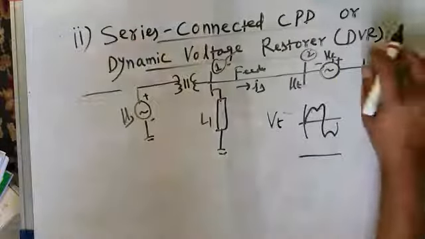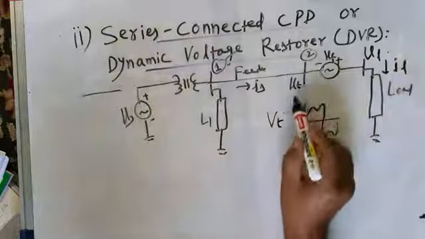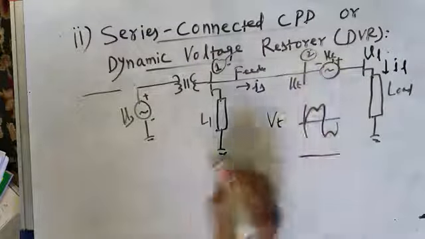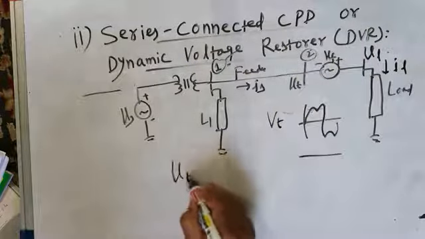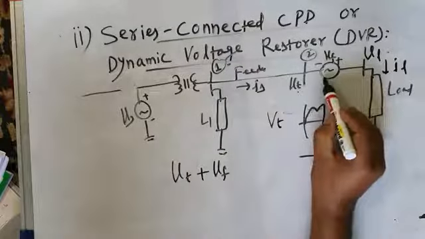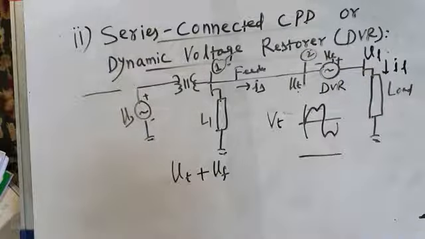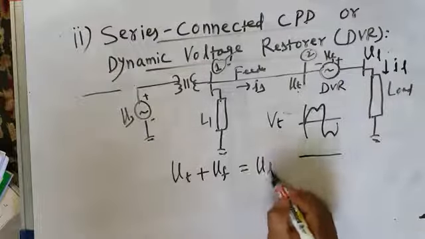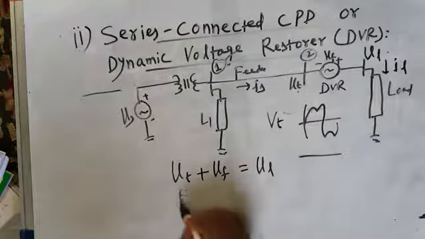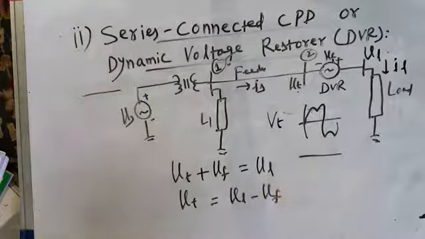Now what is the voltage across the load? It is VL, and the current through the load is IL. Now according to Kirchhoff's voltage law, KVL, this VT, that is the voltage at the point of common coupling, plus VF, that is the voltage injected by the DVR, this is your DVR, series connected compensator, is equal to VL. From this you get VT: VT is equal to VL minus VF. So therefore,